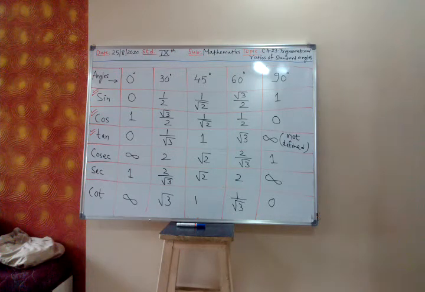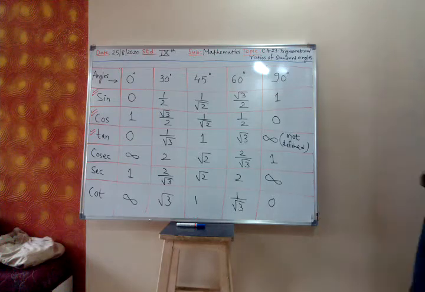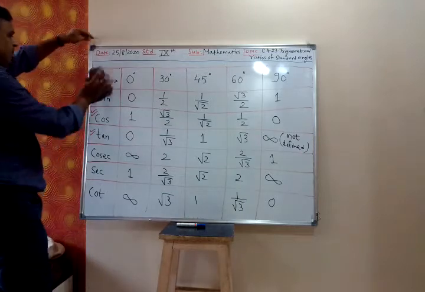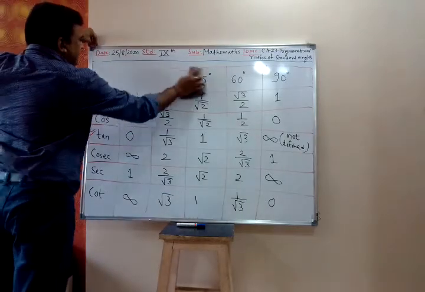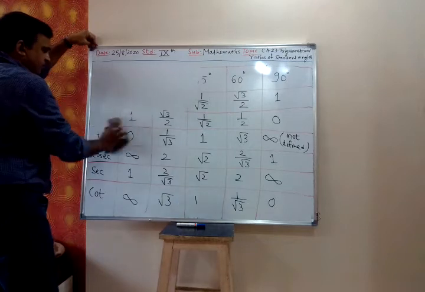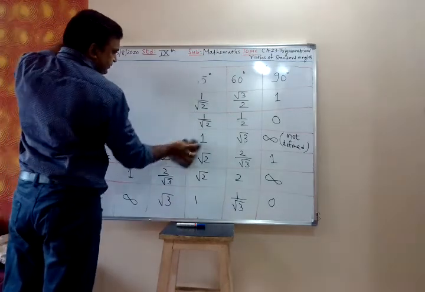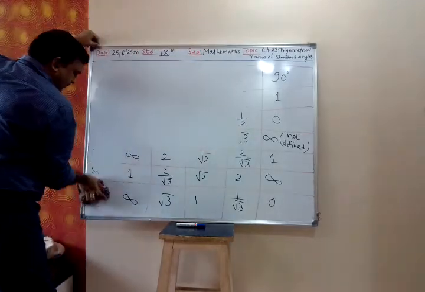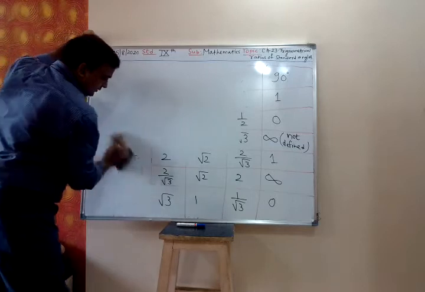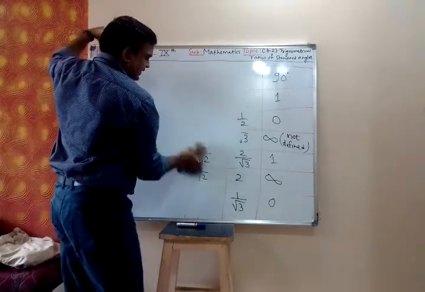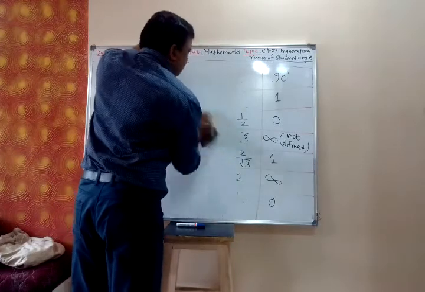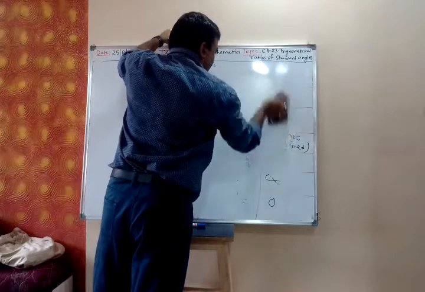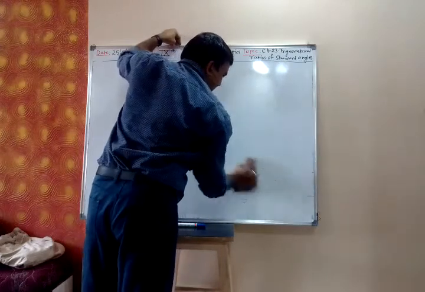So now let us solve the problems based on this. This table is over. The same table is given in the textbook. All of you can listen to me. Okay, now let us start exercise 23 A. See, in all the problems of 23 A, you have to just put the value of sine 30 or cos 45, simplify and get the answer.